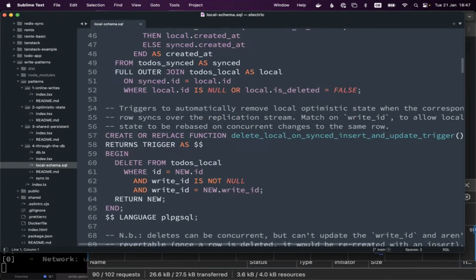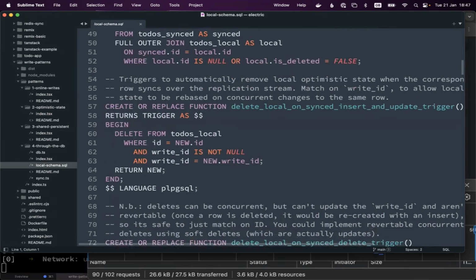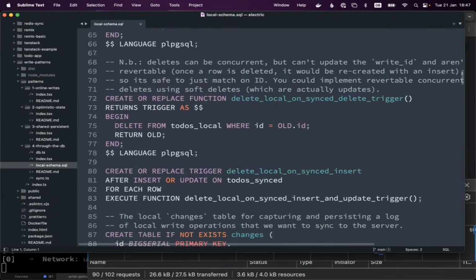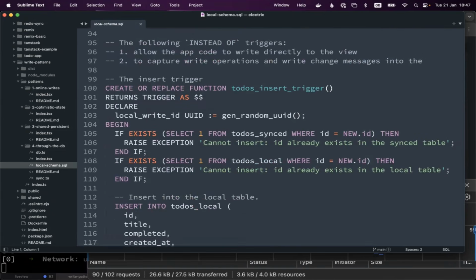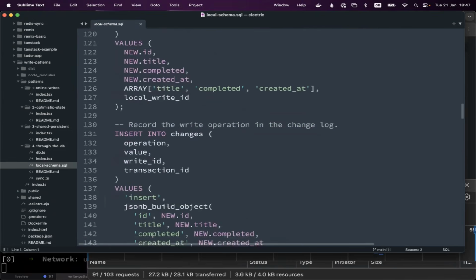You can also use INSTEAD OF triggers. Here, this is an INSTEAD OF trigger that says when you do a write operation, it intercepts it, writes it to the local mutable store, and also writes it to a change log that you can then sync.